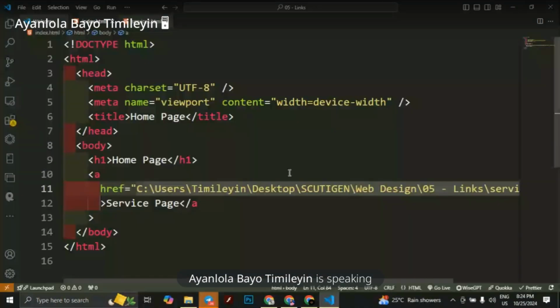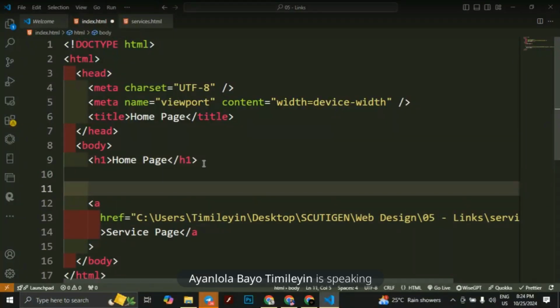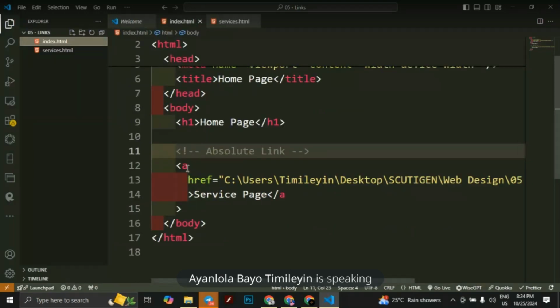Okay, so I'm going to create a comment. In our last session, we talked about comments. I said we use comments for good readability and documentation of our program, right? So I'm going to say absolute link. All right, absolute. So for us to see the relative link, I'm going to create another document actually, and I will name this